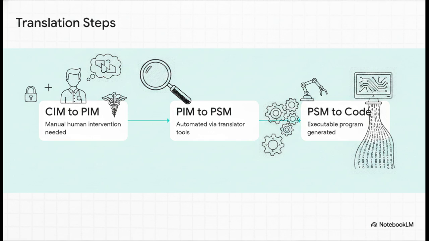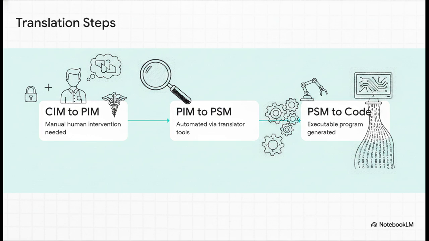Why? Because linking high-level abstract concepts is tricky. If you have a security SIM with a quote-unquote role and a hospital SIM with a staff member, it really takes a human who understands both of those environments to map them together correctly. But once you've got your PIM sorted out, the textbook notes that commercial software tools can automatically translate that PIM